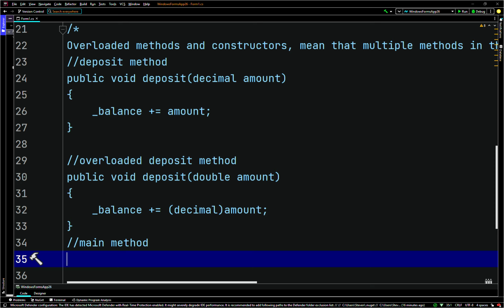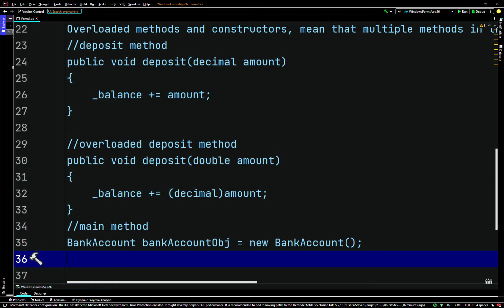So let's say we go BankAccount obj points to new BankAccount. We could pretend this constructor didn't take any parameters, and we could say, okay, well, we want our BankAccount obj dot